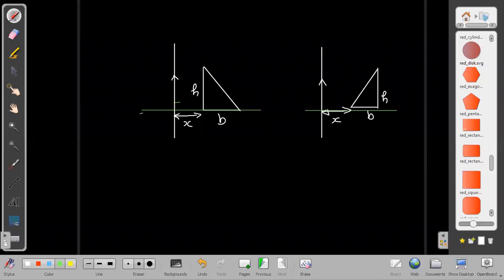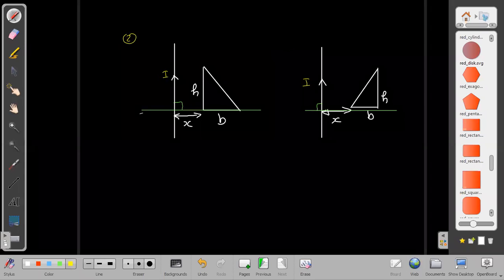This is at a distance x. The B line is perpendicular to the current carrying wire. Again, this is in the same plane, so these two cases are different cases and I have to find the flux for both of these. This is a 90-degree angle here, this is also a 90-degree angle here, right? The height is h, and b is the base. Again, the current carrying wire carries current equal to I. Here also it carries current I, and this is case number 3.